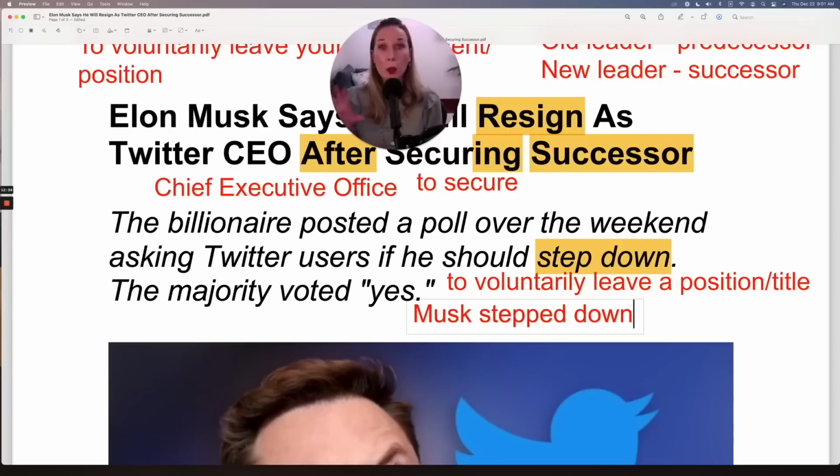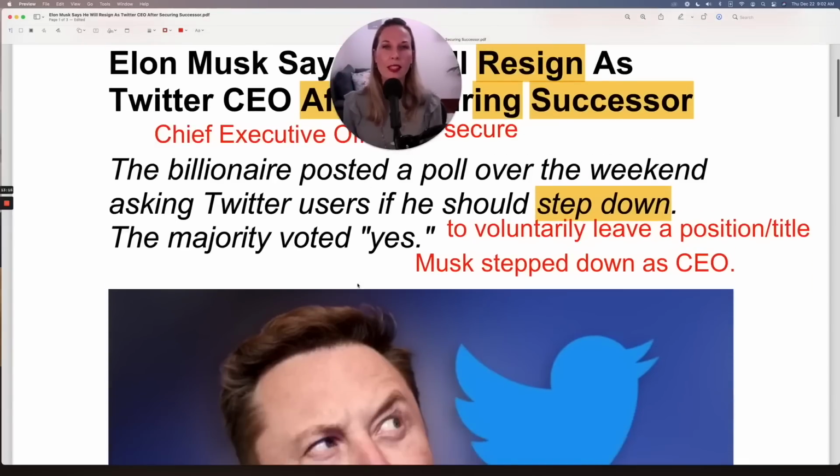So I want to show you the grammar here because we would say Elon Musk stepped down, assuming it's complete, past simple, step down as CEO. So we use the preposition as, and then we state the title as CEO, as manager, as captain of a sports team, for example, as the leader. So you can have the title there. So in our case, it's CEO. Stepped down. This is our phrasal verb conjugated, plus our preposition, and then we have as job title. Let's continue on.